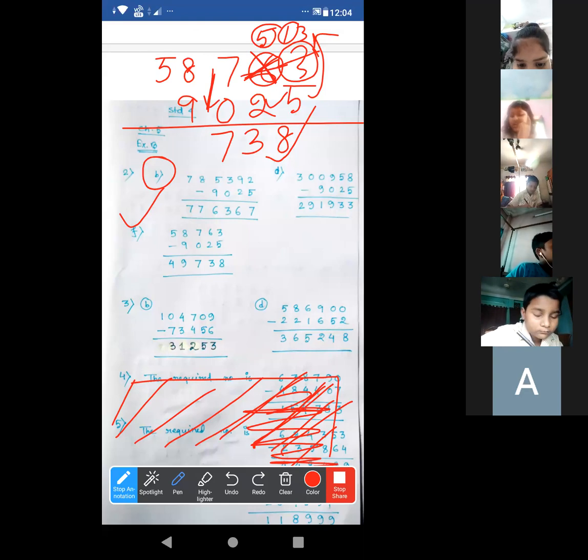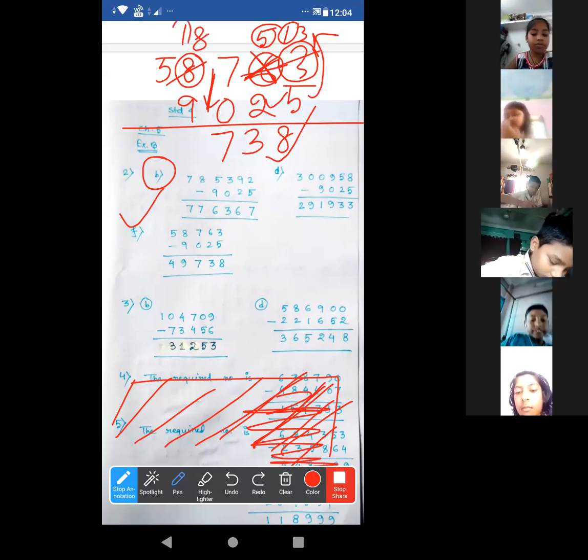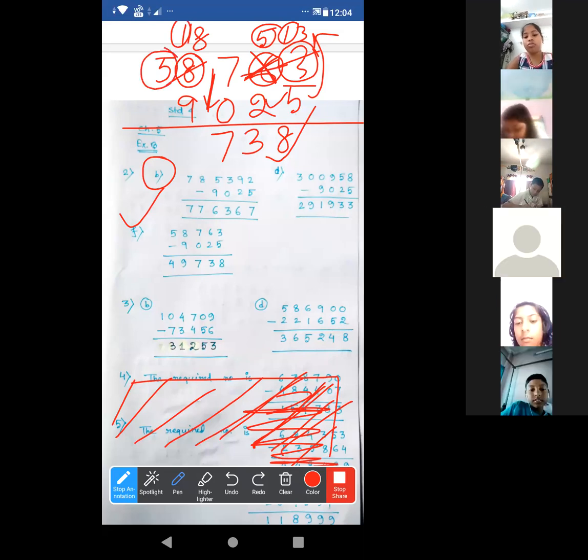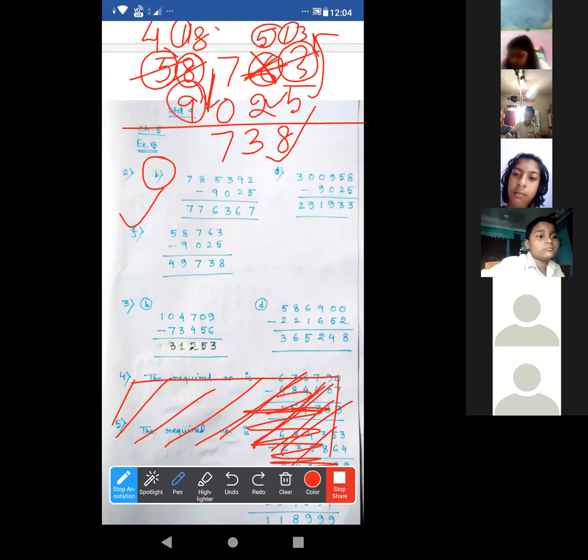This one again, look, 8 is less than this 9. So we have to consider this one as 18. And we have taken this 1 from this 5. So it will become 4. Okay, now normal. After 9, start counting till this 18. It will be 9. And this, there is nothing, means what? 0. So this will be 4. Okay, 49,738.